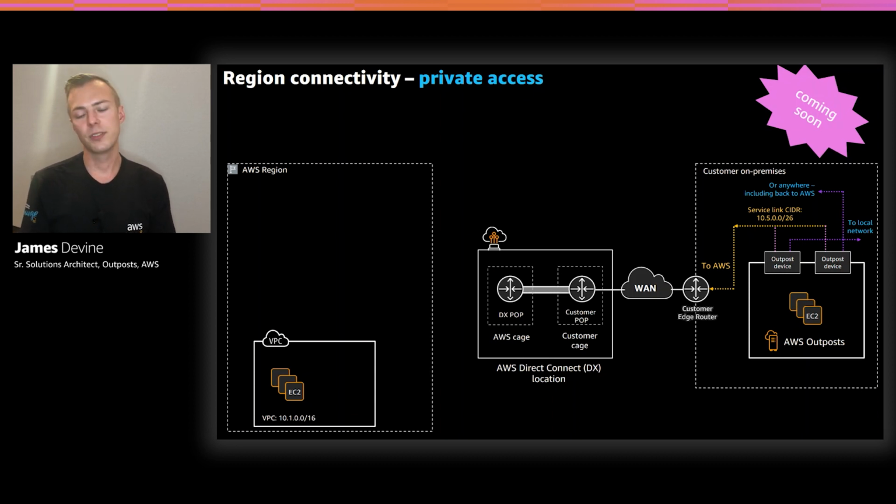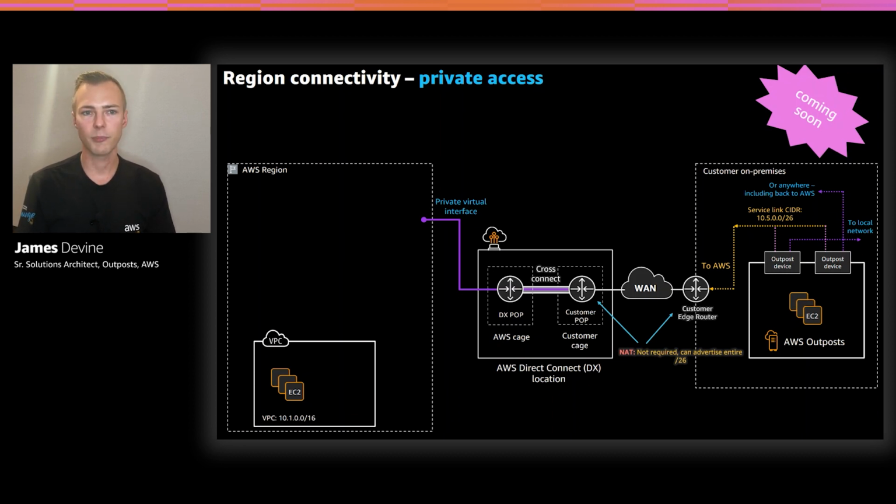So same type of setup where we have some equipment in a Direct Connect facility that's also cross-connected into the AWS Direct Connect point of presence. Again, this could be a third-party managed offering that extends that connectivity all the way to your on-premises location. Really just depends how you're getting your Direct Connect. And then here's where we're using a private virtual interface. We actually don't require NAT here. We can just advertise this /26 subnet directly to on-premises, because it's just end-to-end layer 3 connectivity without any public